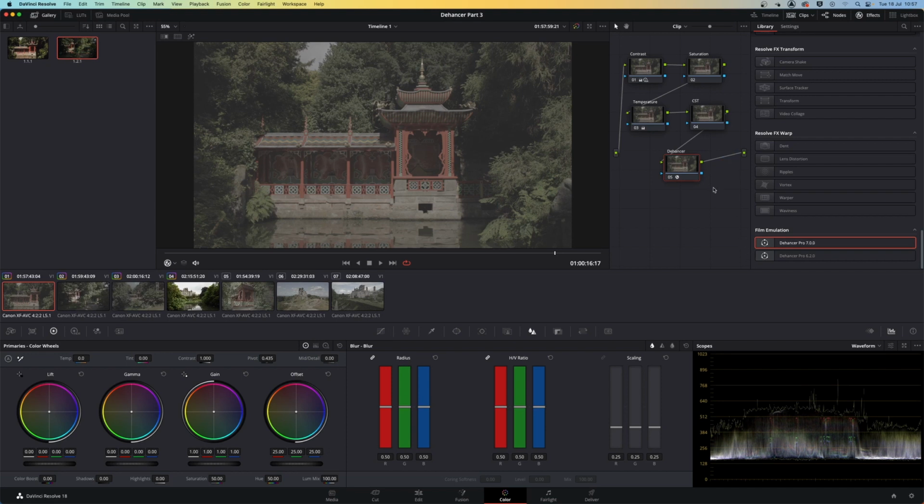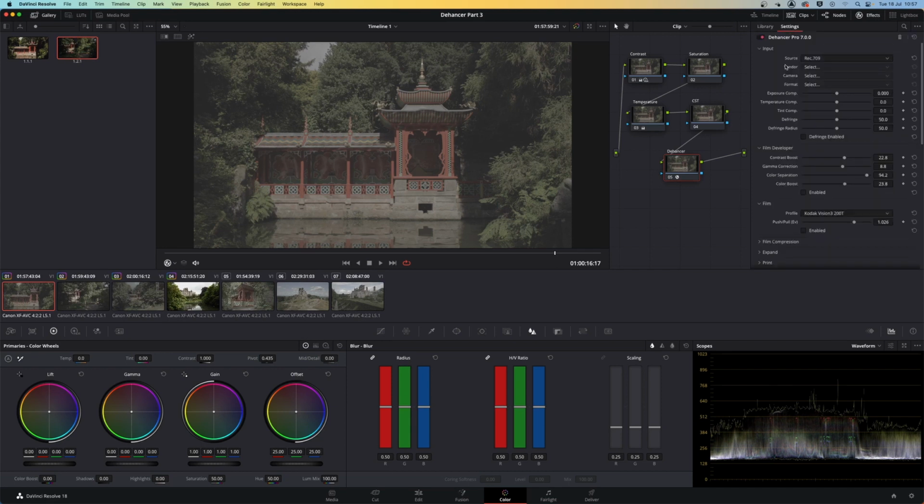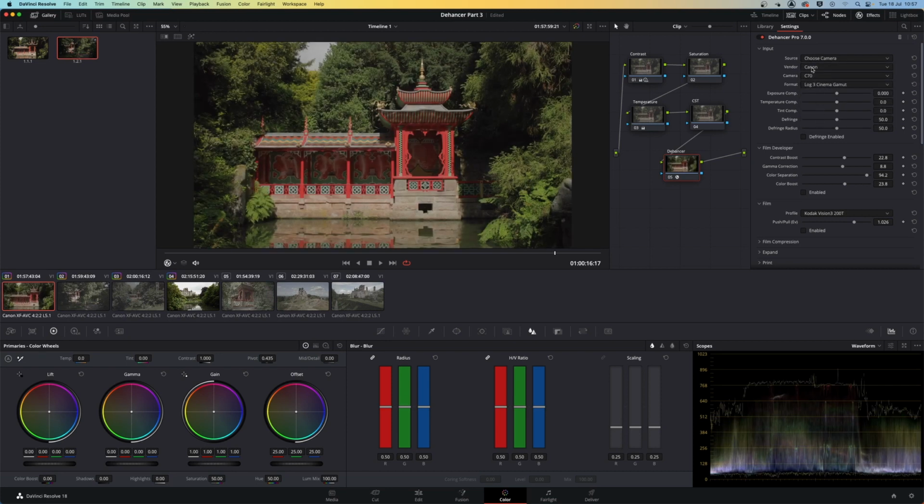So I've already created a node and called it Dehancer, and I've already added the Dehancer 7.0.0 profile to it. Today I'm using Canon C70 footage, which was shot on Canon Log 3. So I'm going to go into my input settings and select choose camera, and I'm going to add the Canon as a vendor, the C70 as the camera, and the Log 3 cinema gamut as the